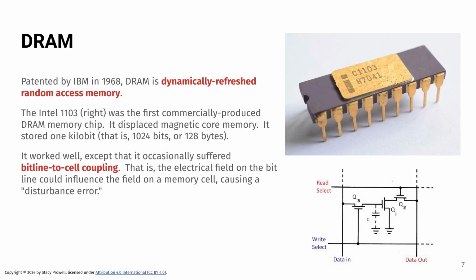So that field then reaches out and it can influence other conductors. If that field wraps itself around another conductor, you get charge flow in the direction of your thumb in that conductor. Maybe that's what you want, and maybe that's not what you want. But that kind of coupling can occur, especially when there are conductors that are very close together. And this causes a disturbance error in that other conductor, and in fact causes a disturbance error in this memory.